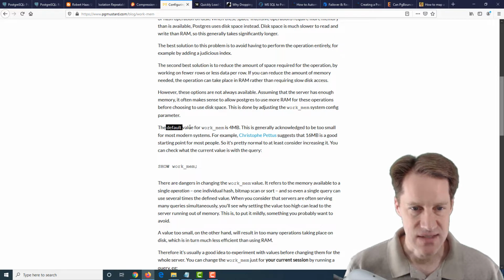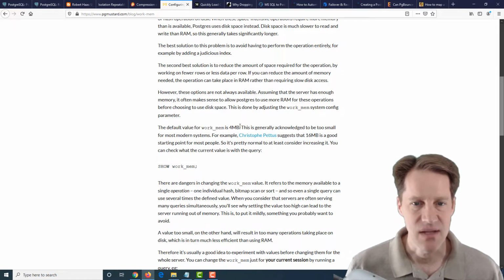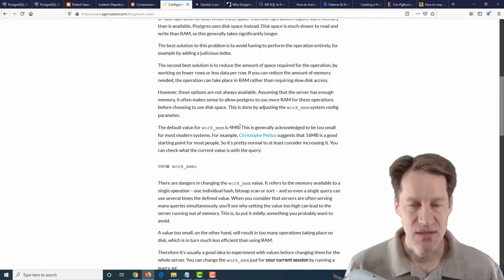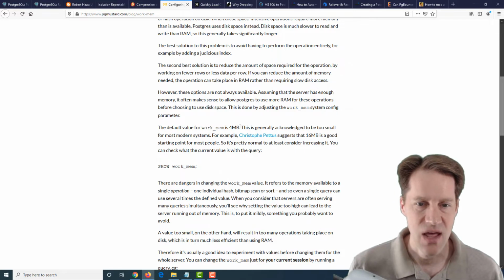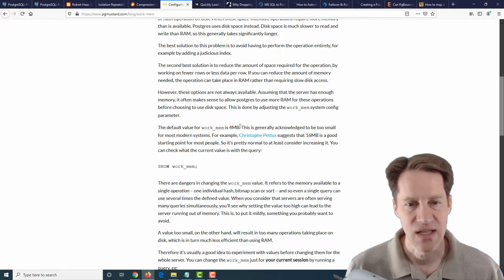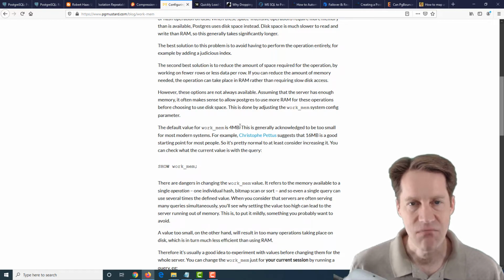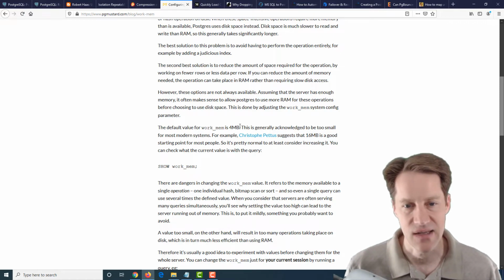So you need to keep that in mind as you're configuring it. Now, by default, as he says here, work_mem is 4 megabytes. And generally that can be boosted up. Depending on how many connections you have to your database and how much memory you have, you can adjust what it is. Ideally, you want to have as many query operations happening in memory as possible. So that's the reason you would want to increase it, but you don't want to increase it so much